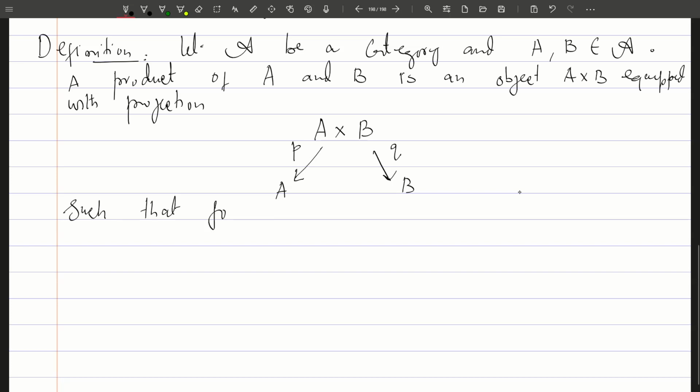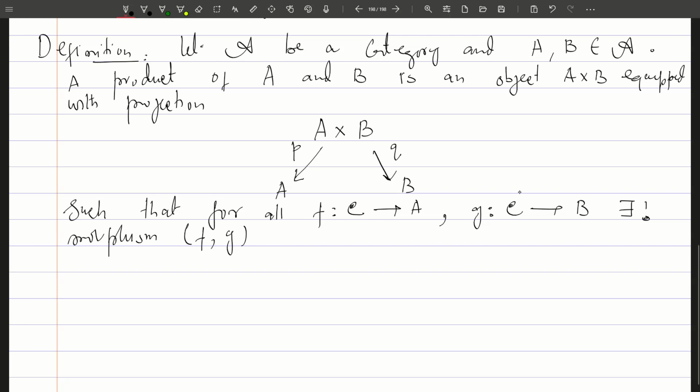for all maps F from some object, say C, to A and G from C to B. So C is some object, and these F and G are morphisms from that object to A and B respectively, such that there exists a unique morphism which we denote by F comma G, such that P composite with this morphism F comma G is the map F, and Q composite with the morphism F comma G is the morphism G. This means, or put it another way,